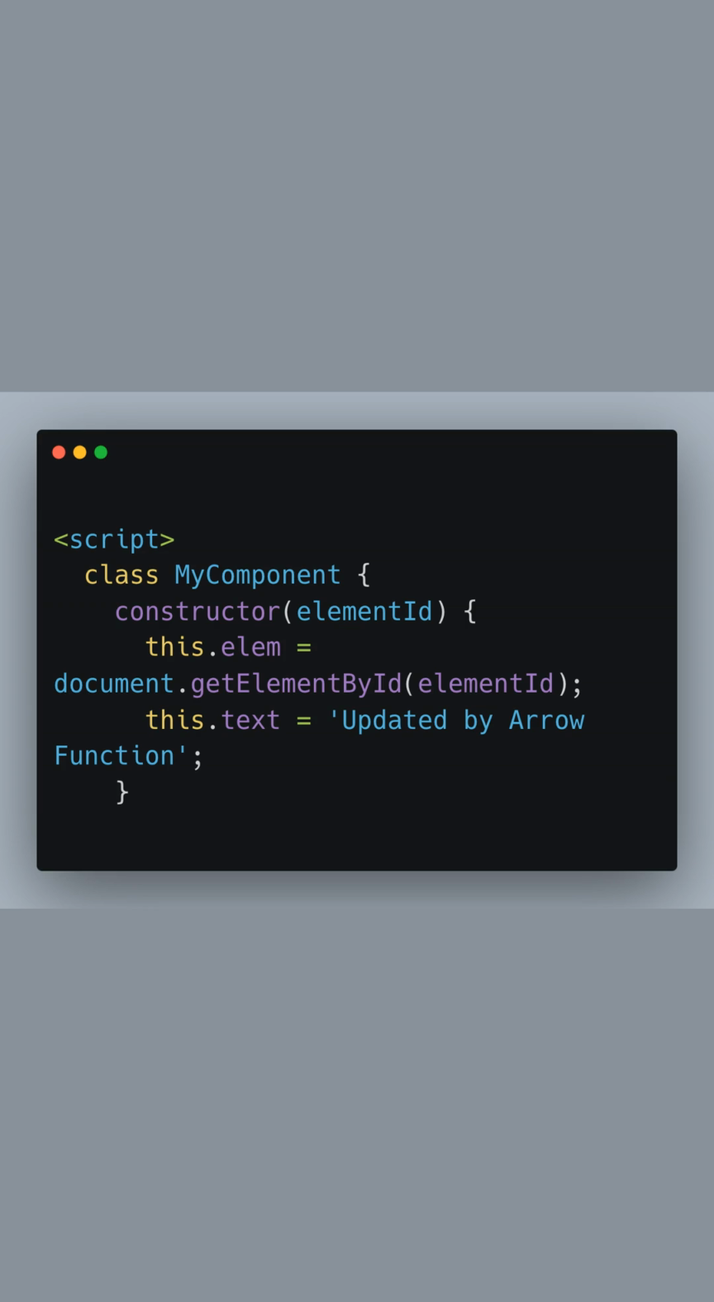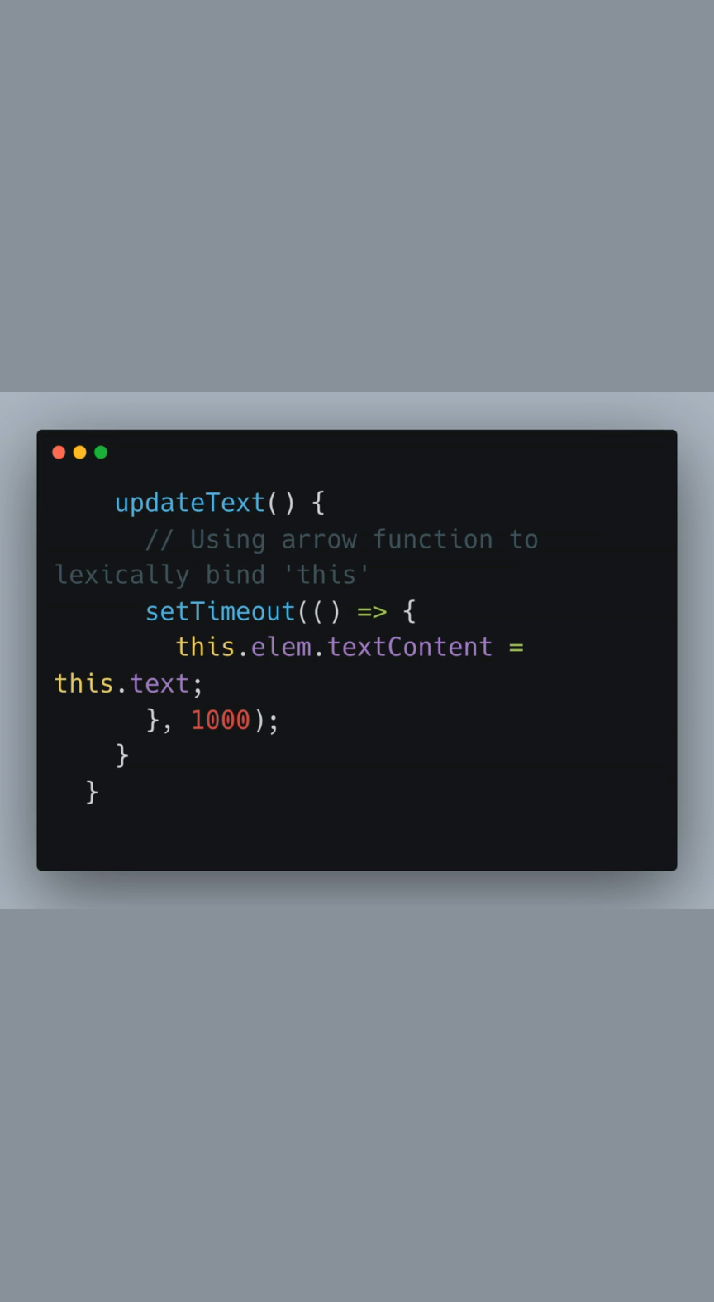our div element. Within our myComponent class, we have a method called updateText. This method is crucial because it uses an arrow function within the setTimeout method. The comment notes the importance here. The arrow function lexically binds this, meaning that it captures the value of this from the surrounding, or enclosing, context